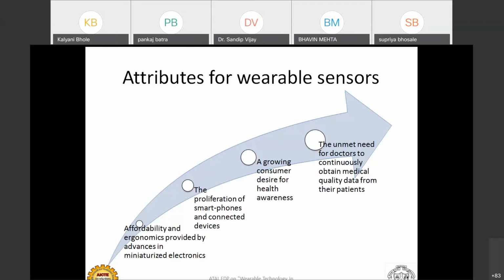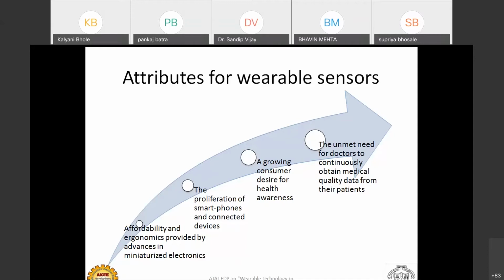This is a general observation. All of us are observing that we are becoming more health conscious. Nowadays, because of the COVID-19 pandemic, we are becoming more and more health conscious. Our desire for health awareness is greater. One more factor in this is that we are using social platforms. If one of my friends posts something on a social platform, my desire for health awareness will also grow. These are a few of the factors responsible for the growth of health awareness.